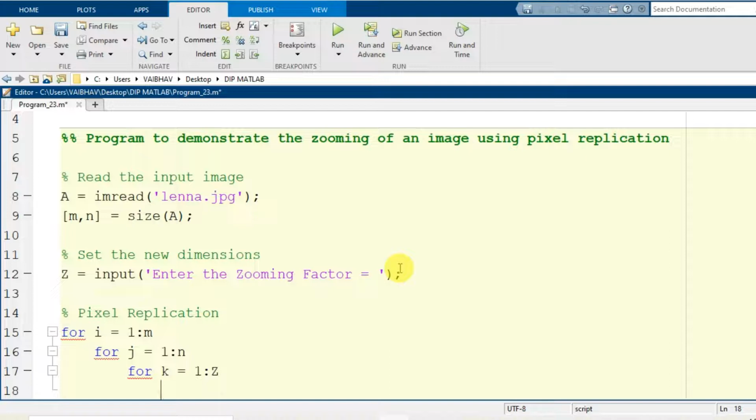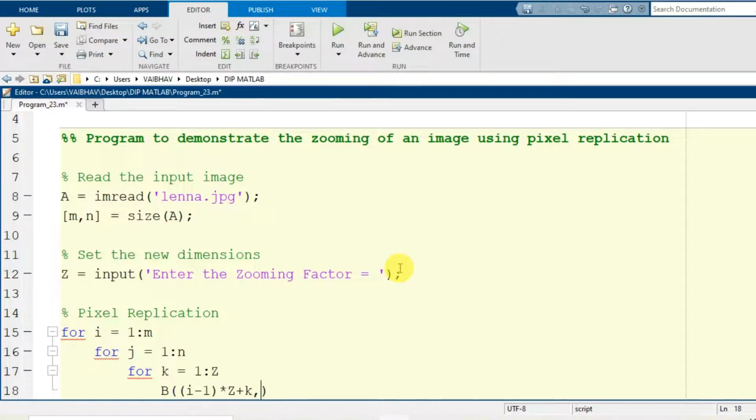Now inside, I will generate the output image that I am going to store in the variable capital B, where I will compute B of (i minus 1) multiplied by the zooming factor Z, added to small k here.